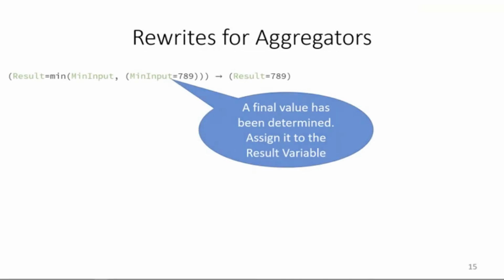So the rewrite steps that we have seen so far probably don't seem too surprising, but we didn't quite make it to seeing the aggregator itself running, and it can take quite a few steps to see it do anything interesting. So I'm going to just take a moment to illustrate our rewrite rules for dealing with aggregators.